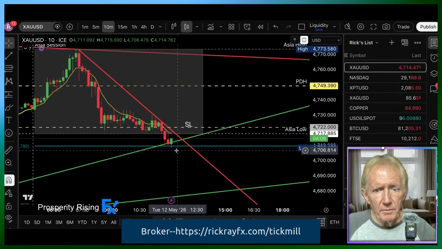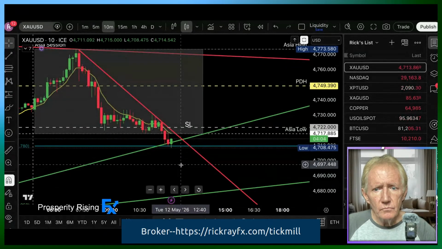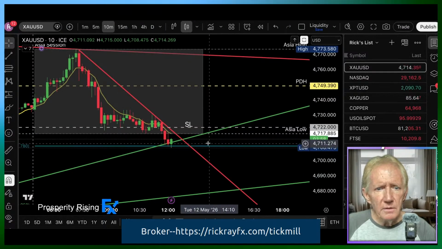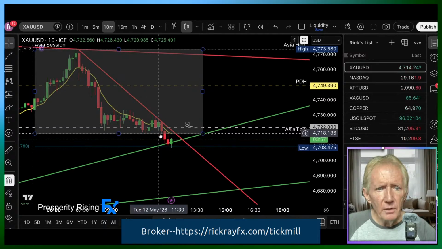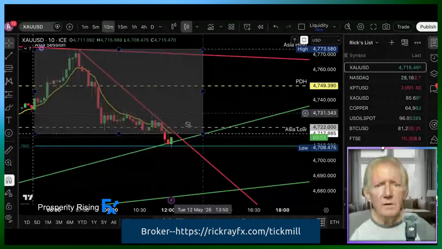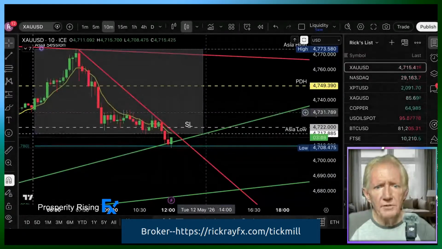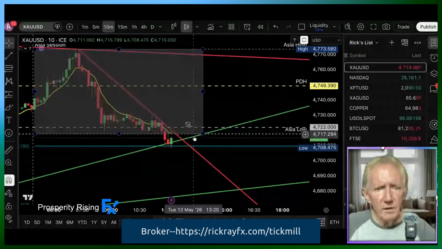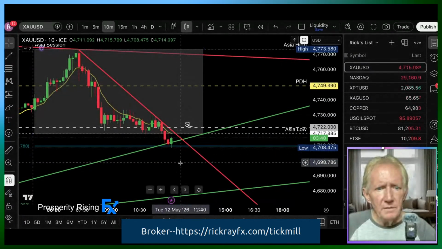And here we are bouncing off of the pivot point. This low you see here, the Asian low, that's not the actual low. I will update that before the Asian session finishes right here at the end of this gray box. And the next candle is the London session opening. But before that finishes, I'll update this little gray box. The low is right here actually on 47.08. And now we're at 47.15, so I'm in a little bit of a loss. Let's see how it goes.